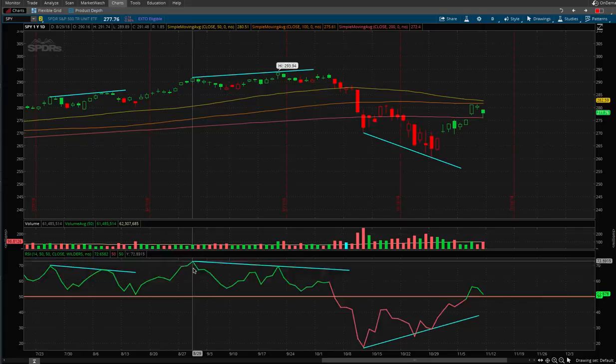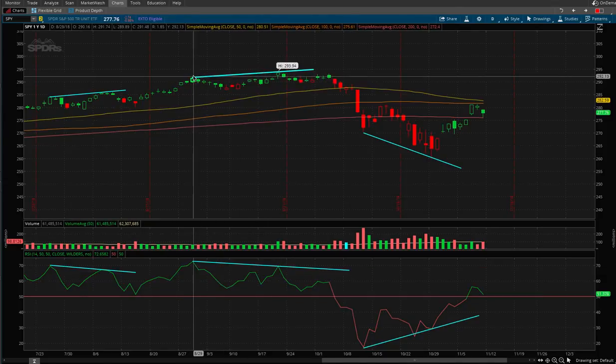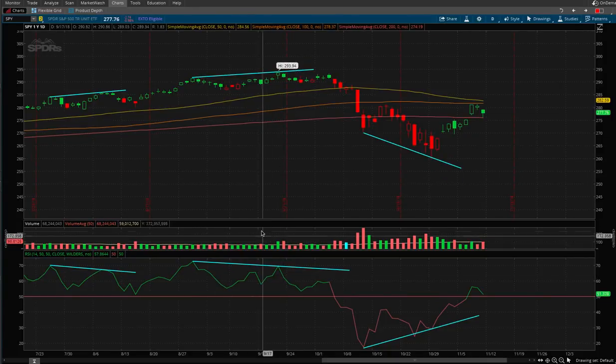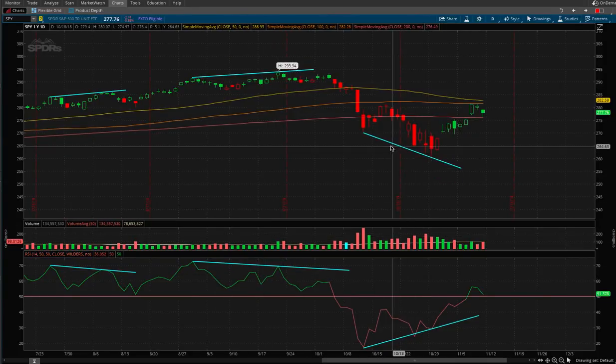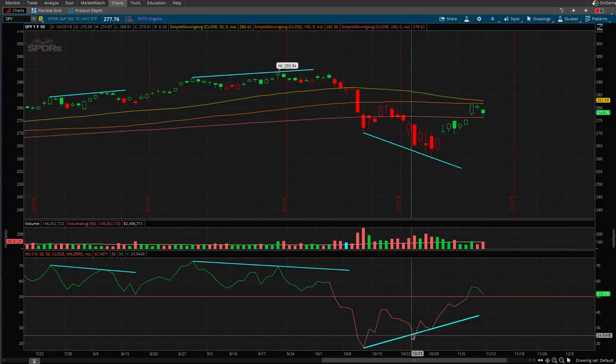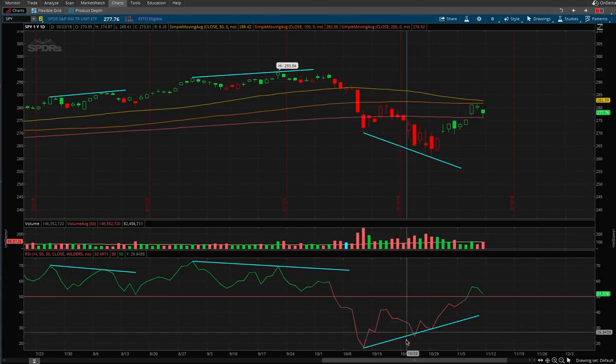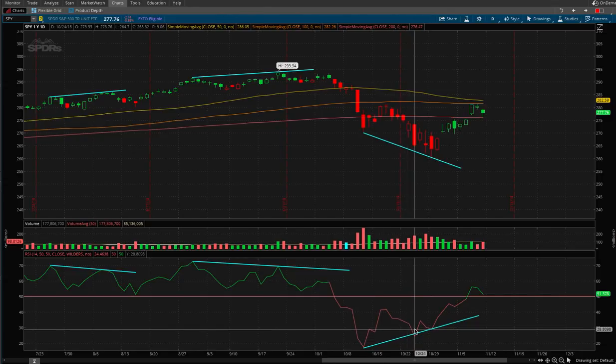Okay, if the RSI is saying we're making a higher high and then a lower high, but the stock chart is saying we're making a high and a higher high, then that is diverging. These two are diverging from each other. Okay, same thing with the bottoms. If we're making lower lows and lower lows, and the RSI is making higher lows and higher lows, we're diverging. If we're diverging, then that means that there are buyers coming in, okay, typically through like the